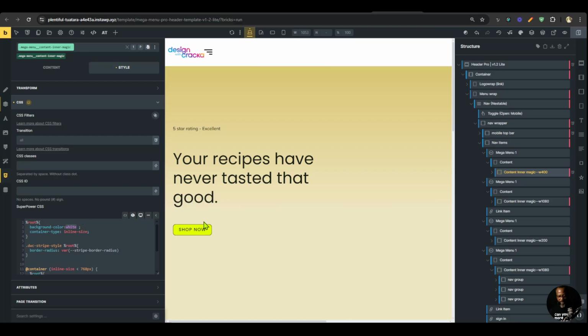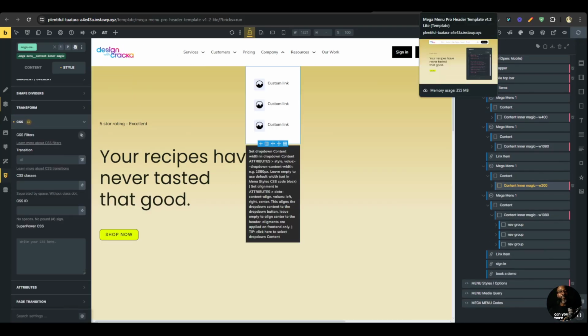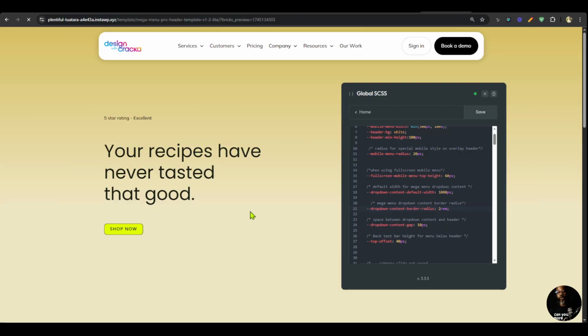So I'm going to just change that background to initial, meaning, or I could remove it altogether, but I prefer to just set it to initial in case I want to change it later. But if you're absolutely sure you will not need to use it, you could simply just delete it. And this is the mega menu content inner magic, which is the same for all of them. So they all have the same class. So that means all of them will have that updated, and they are not going to have that